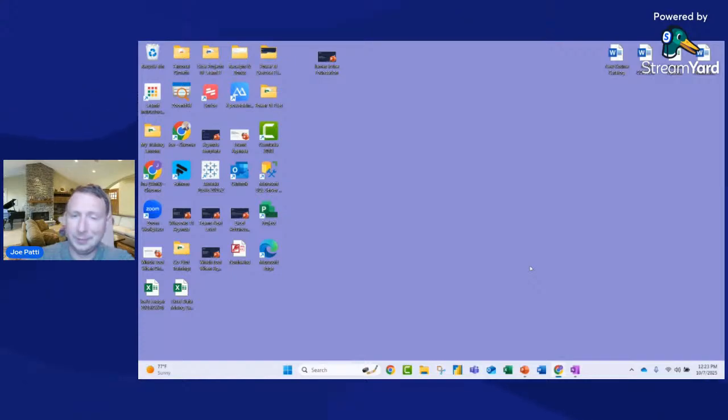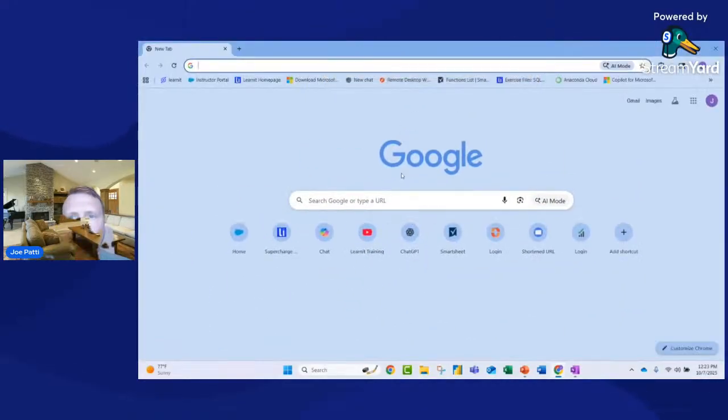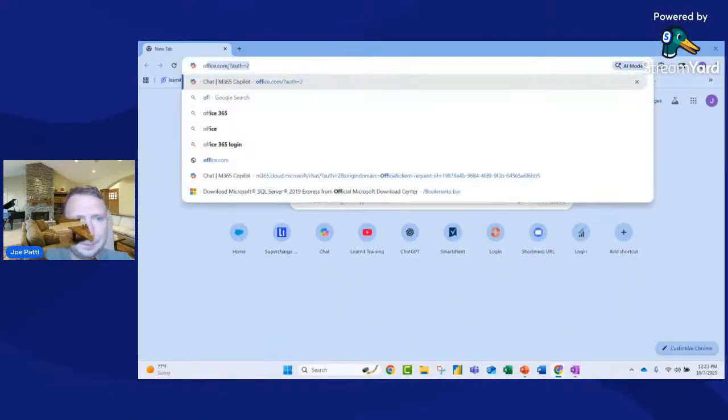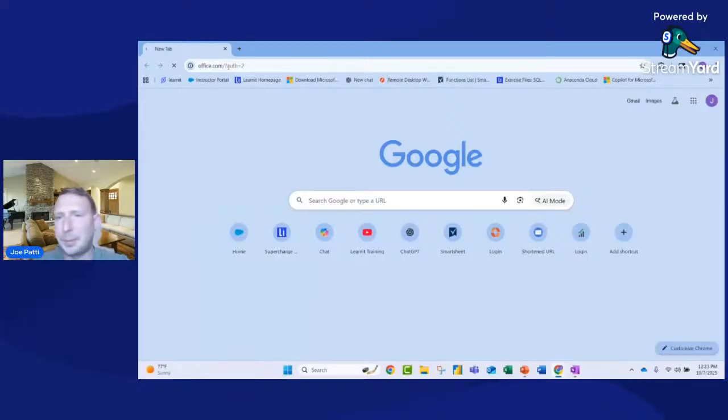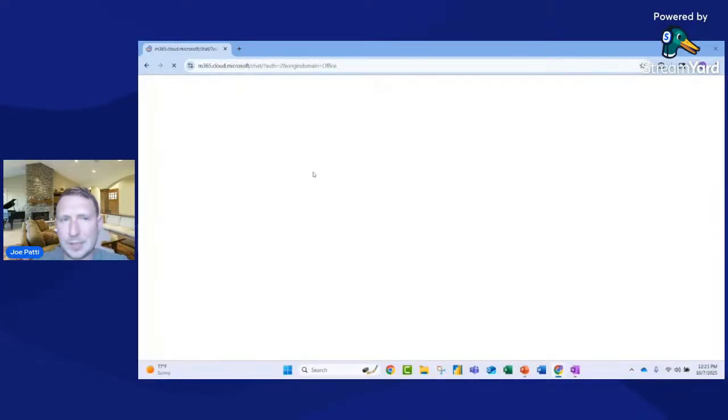But I will say, you always got to go through security, the MFA or the multi-factor authenticator. They'll send you a little code where you enter it in. That's all for security purposes. I don't recommend opening a web browser. I'll show you why. I'm going to open up the web browser. I'll then go to office.com. It'll make me sign in with my credentials,